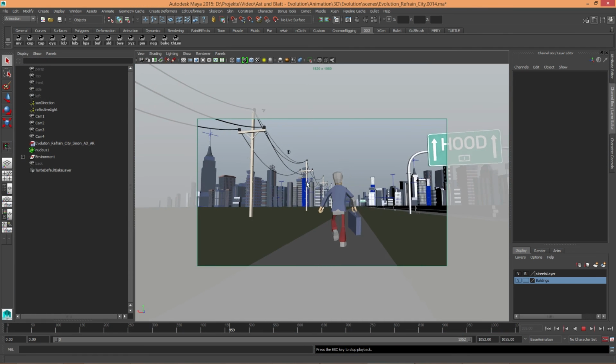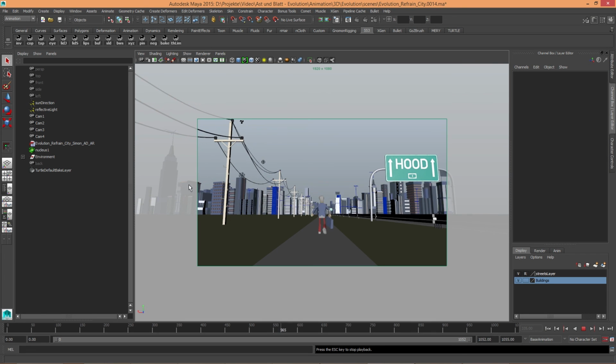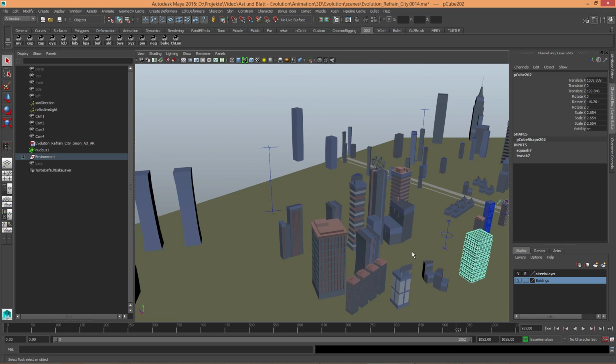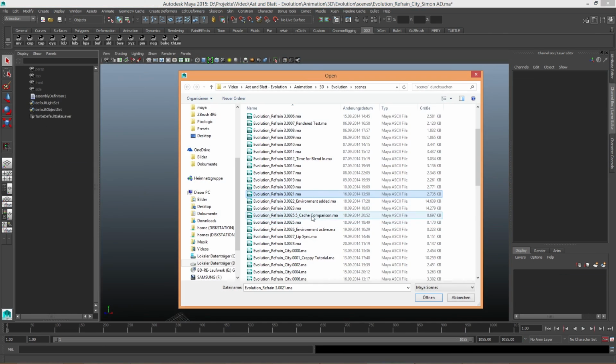The only thing necessary after that was to add a bit more density to everything to fill up the gaps. That means copy and paste or duplicate. And with that out of the way,